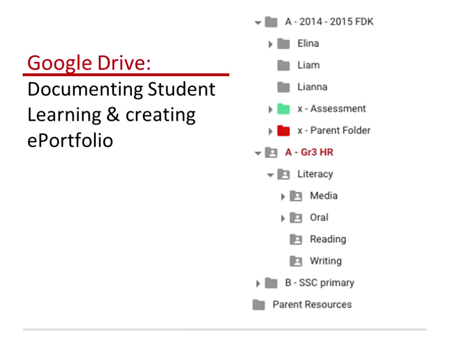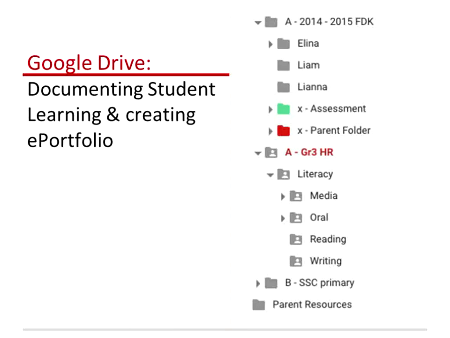In addition to that, in New York Region we've started our All About Me portfolios, and a lot of the teachers that we're working with are using Google Drive for documenting student learning for the All About Me project. I know other boards are using different devices. I know some are using Desire to Learn and some are using other platforms. But I find Google Drive is very easy in allowing you to set up your classroom.